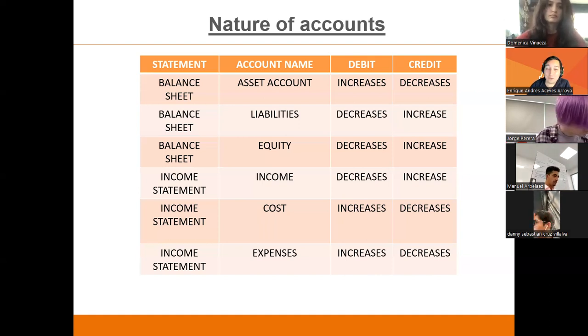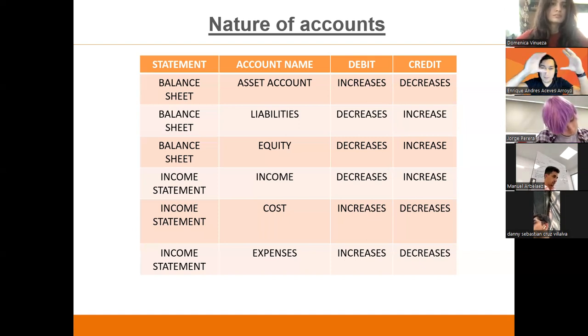The nature of accounts tells you, if you have the partida doble in the accounting system, you will have a debit and a credit. The nature of accounts tells you if the element of the income statement and the balance sheet increases or decreases with the debit and the credit. Okay. At the end,